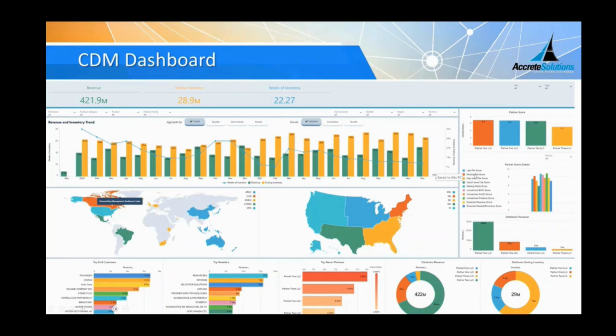For example, some of the metrics are: did they meet the expected revenue objectives? Did they meet the expected weeks of inventory objectives? How many of the build-to and ship-to were not matched? What's the quality of the data? Did they report the data on time? So we can configure what factors you want to use to come up with a score. The dashboard is out of the box, and you can configure it the way you want.